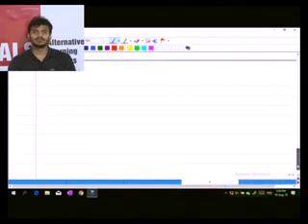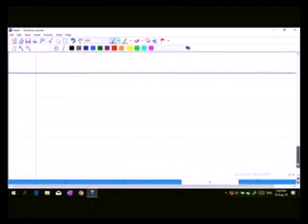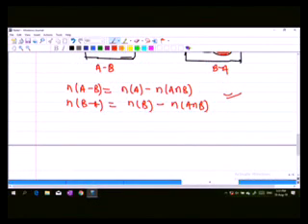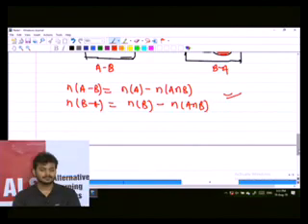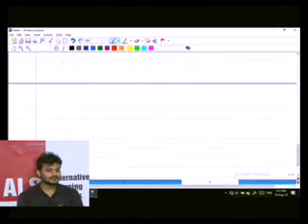I think this is all clear to all of you, right? So this is all about the Venn diagram. We'll be using about 3 or 4 kinds of things: union, intersection, difference of two sets, and complement of a set, right? Subset and all of this. Now talking about the 3 set system.